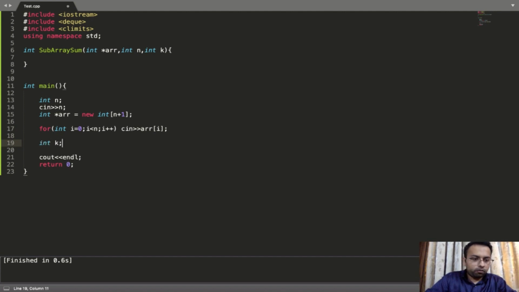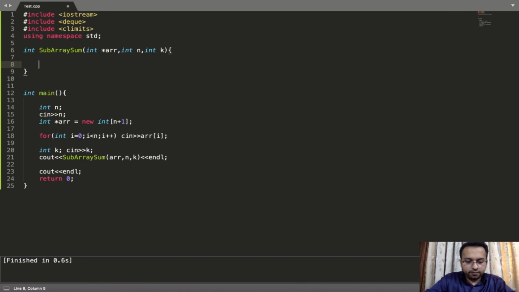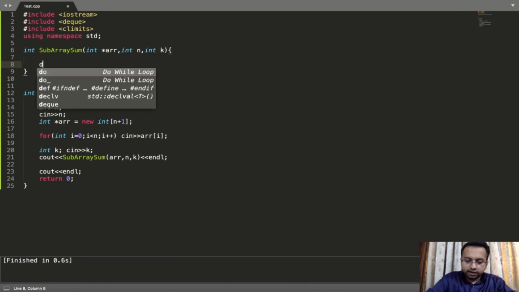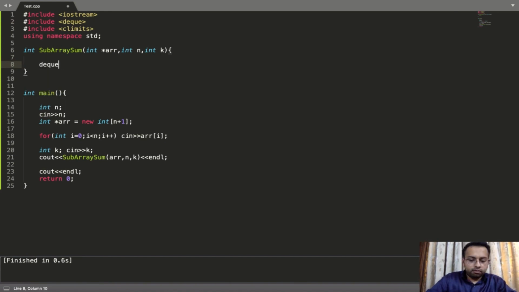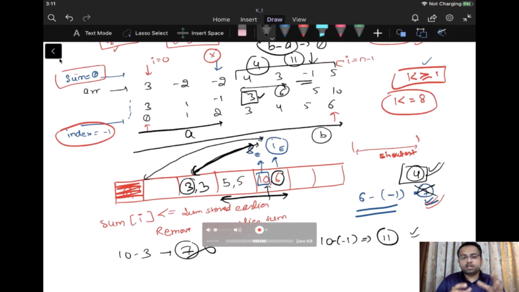I'll take one more input, which is k. I have just passed these elements to the function, right? Let us see how we can do it. In this we need a deque, so I have included that STL as well. So let us create a deque. But in the deque, we are not going to insert integers.